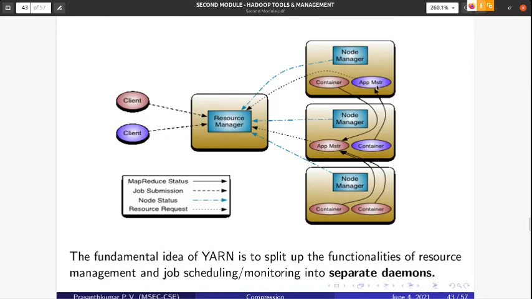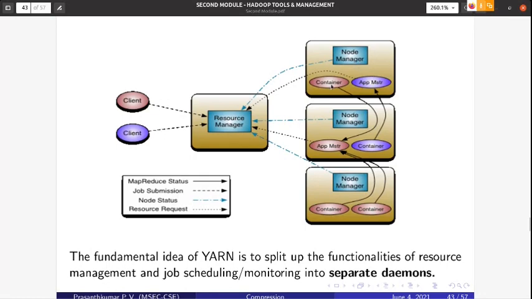Suppose the application master wants to run one more container in this node. The application master sends a container launch context to the node manager. Upon receiving the CLC, the node manager will start a container. That's all. This is between the application master and the node manager.